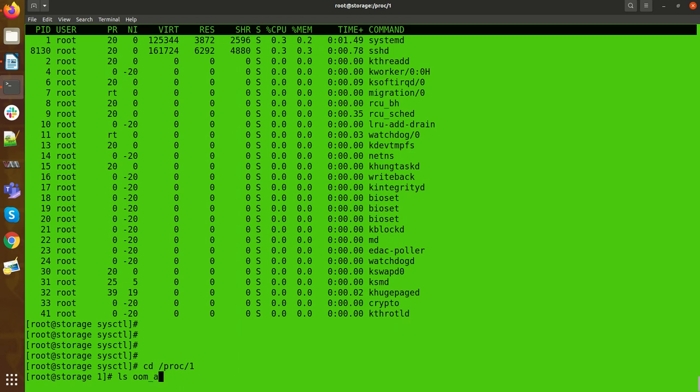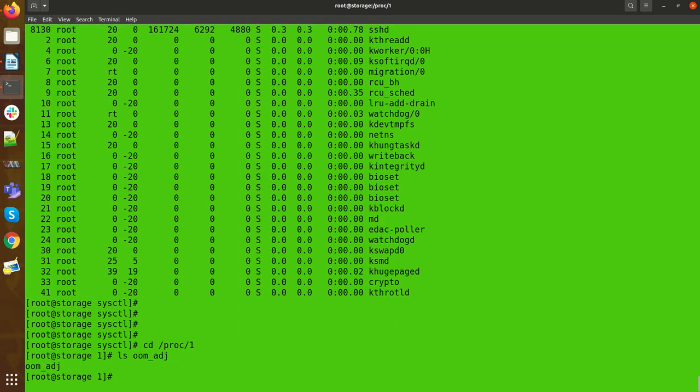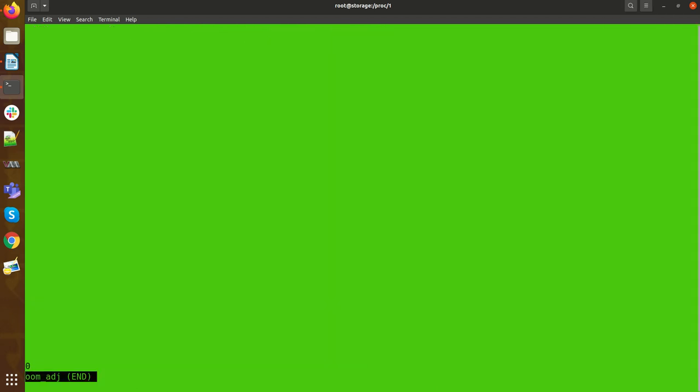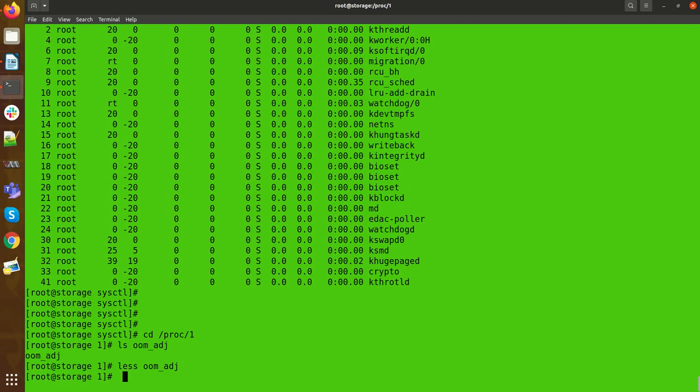Here is the file oom_adj. In this file you can mention the value from minus 17 to plus 15.